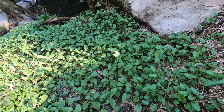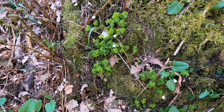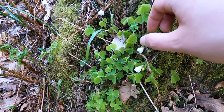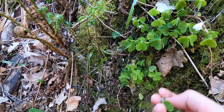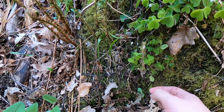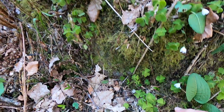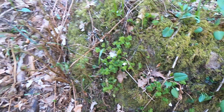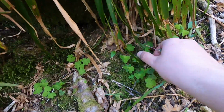I was just picking a little more bistort when I turned round and spotted this, the prized little tasty morsel known as wood sorrel. Like the bistort, its tastiness comes from oxalic acid, but it's more lemony in the sorrel, a very tasty plant. Like before, a few leaves from each part should leave the population healthy. I don't think I need to show all the picking I'm going to do. There's quite a few little patches around here, so...